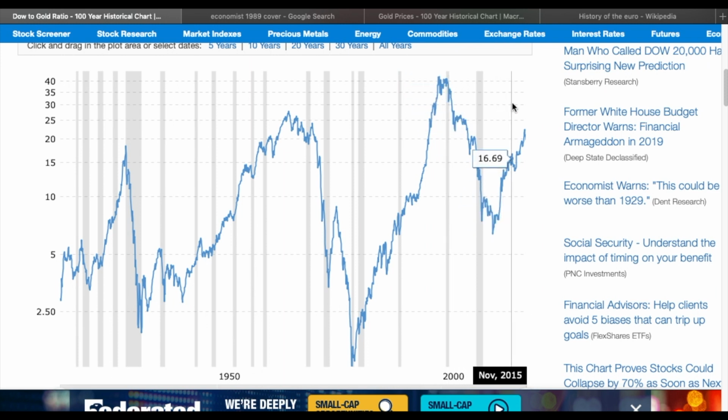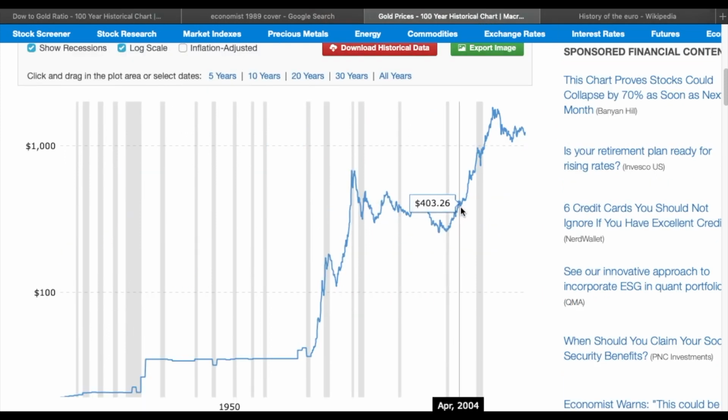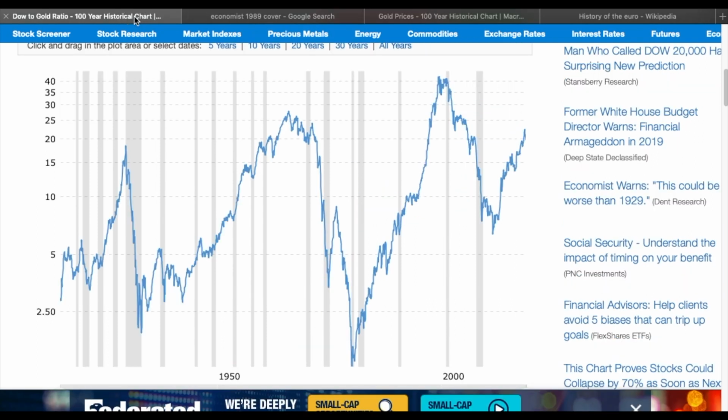2018. You can see the Dow Gold Ratio was in the 20s here. So this is the fourth time. So we're 3 for 3 so far in terms of a devaluation of some kind. Also in the 90s, gold went from about 250 in 1997 to 1700 in 2011. So gold, commodities, silver, oil, they always increase with the devaluation of the dollar, or devaluation of the euro, or